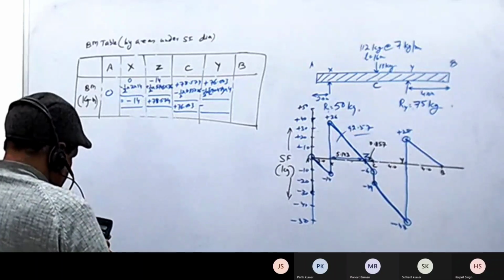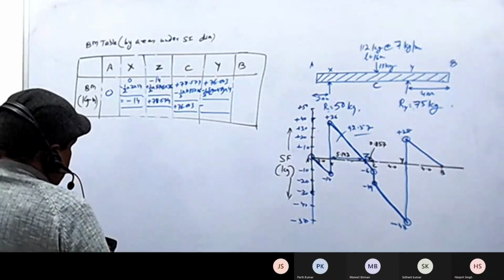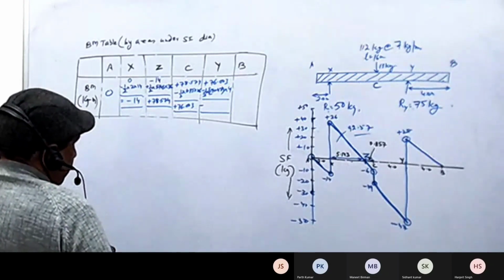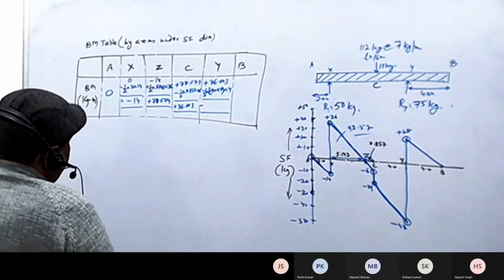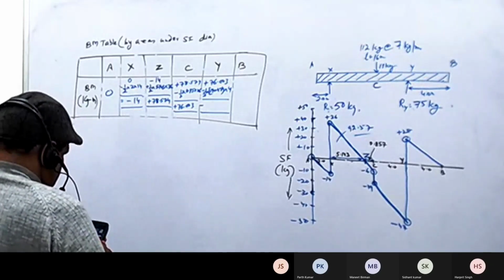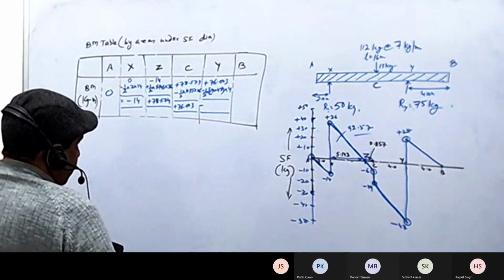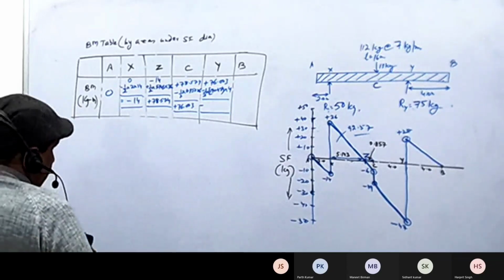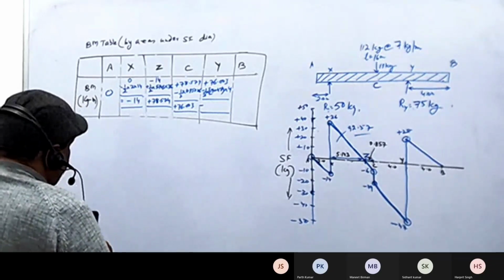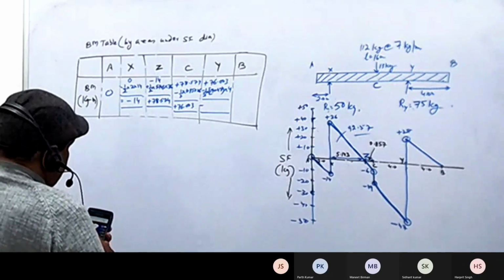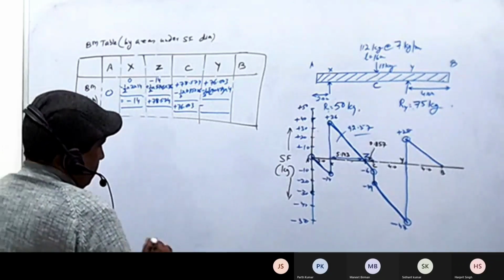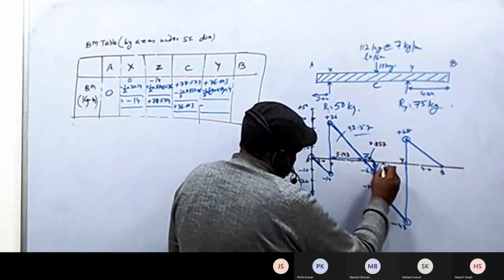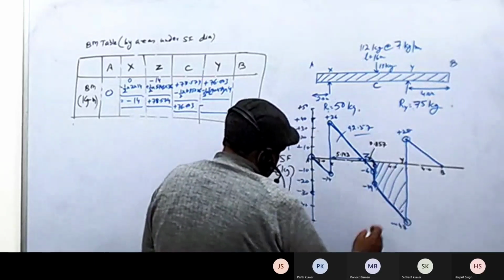47. सर ट्रेपेजियम वाला दोबारा बता दो. ट्रेपेजियम का एरिया का फॉर्मूला क्या होता है, तुम बताओ. नहीं सर, एरिया का फॉर्मूला तो पता है सर, वो एक बार ग्राफ के ऊपर. क्या ग्राफ के ऊपर क्या बताना है एग्जैक्टली? विच एरिया आर यू टेकिंग सर, मतलब उसमें थोड़ा कंफ्यूज हो गया. सी और वाई के बीच में कौन सा एरिया है? सर ट्रेपेजियम है. ठीक है. मैं शेड कर रहा हूँ, कंफ्यूजन होगा उससे शेड करने से। ये वाला एरिया है ना, ये वाला। ठीक है सर, गॉट इट।